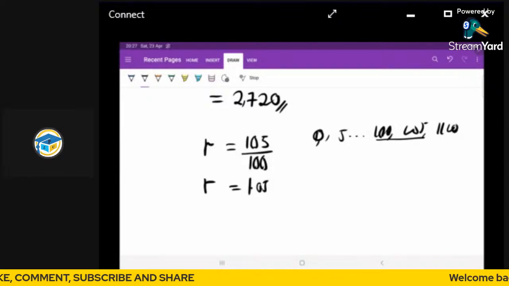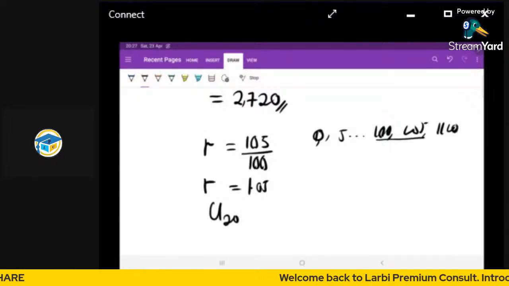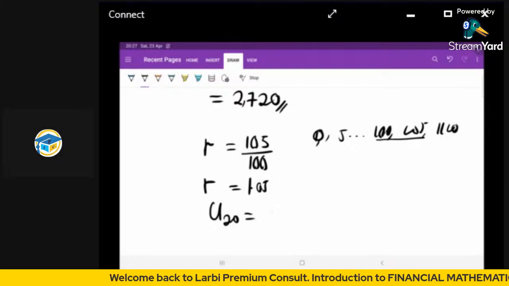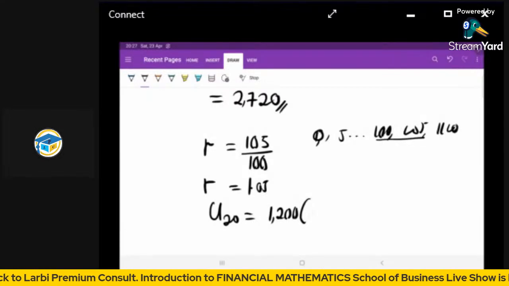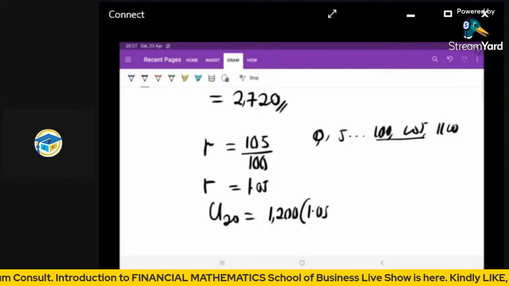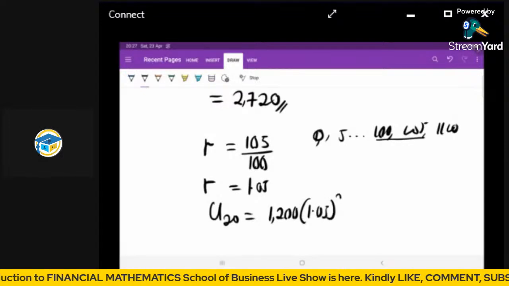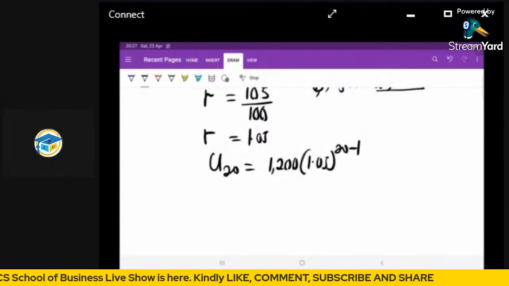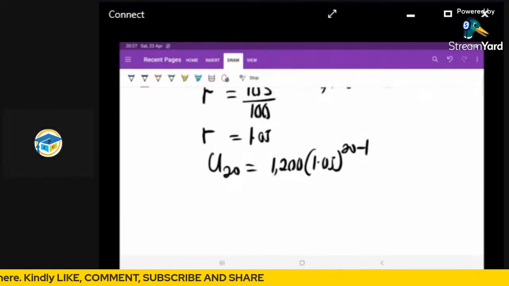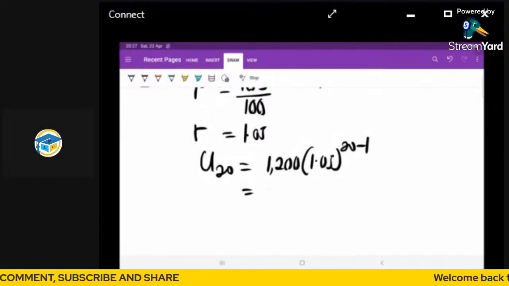Once I'm able to find my common ratio, I can say that U20 in the second scheme is going to give me: I know my A is 1200, multiplied by my R, which is 1.05, to the power of 20 minus 1. And here, with the help of your calculator, you should be able to arrive at